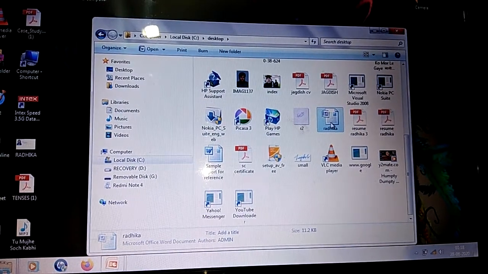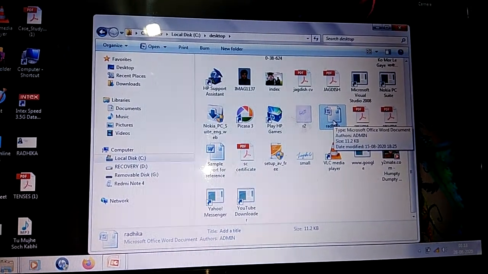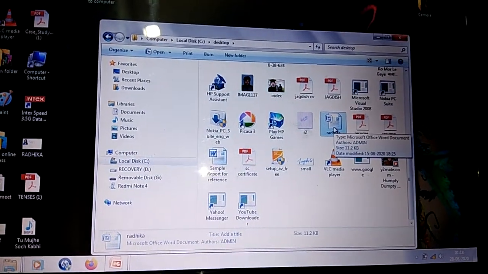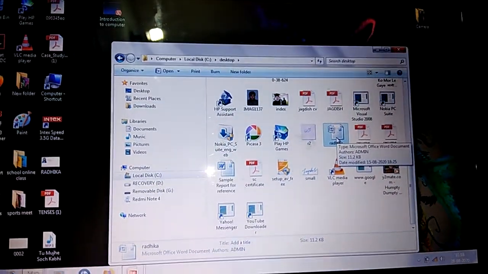Now I choose the Radhika file here. So select the file. After that press the Alt key.